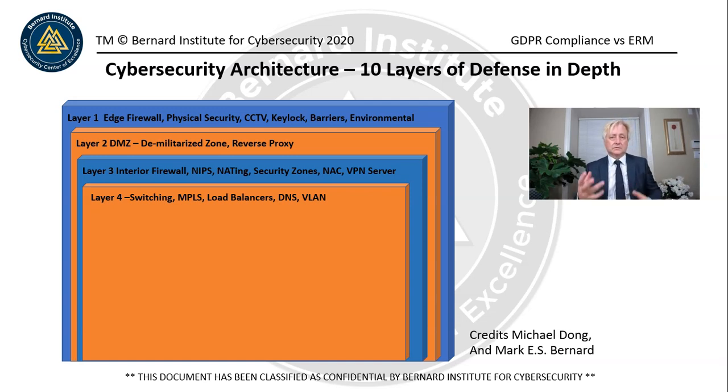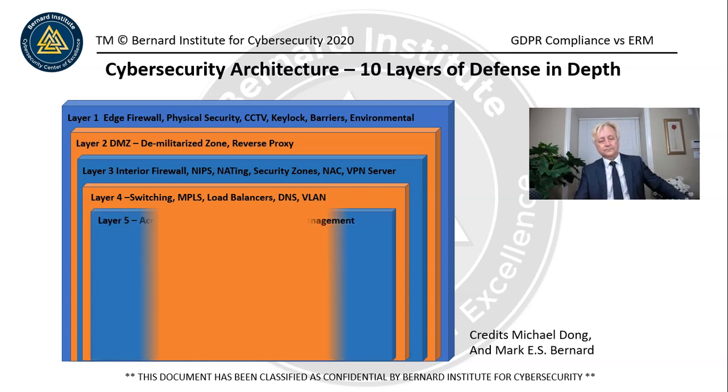DNS helps to connect names to IP addresses, and VLANs are very similar to security zones. Again, it allows us to do more segregation. And when we create a security zone or a VLAN, we can add another layer of access control. So that's multiple layers of access control. When we talk about RBAC, you'll get to see kind of what we're talking about there.